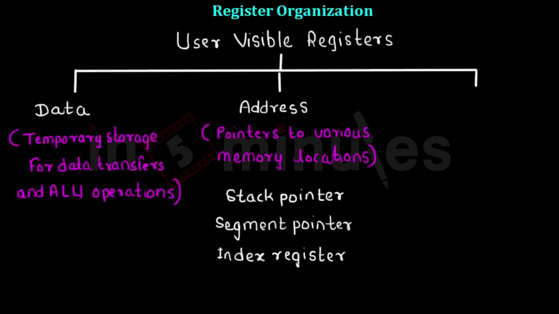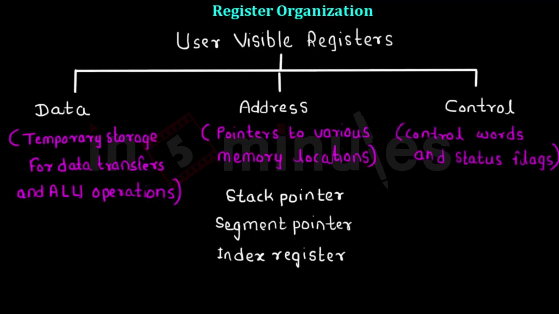For different memory operations, certain addresses are frequently used, and these are stored inside these registers for this purpose. In this case also, you will find different processors have different types of address and data registers which are general purpose or used by the user. The third type is the control word or the control register. In most processors, these control registers are read-only registers, so you cannot modify them. You can just know the status or the different flags that are present in the current execution of the instruction.